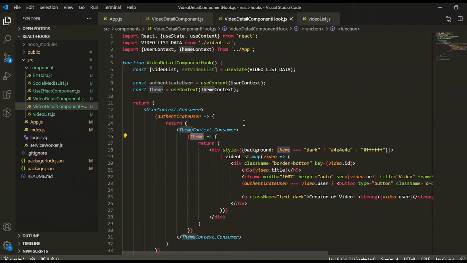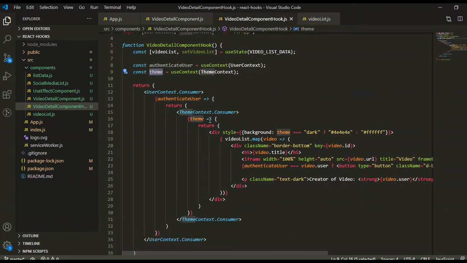So friends, as we were getting the same values here, now we have taken this value inside this variable. So now we can remove all this code from here.